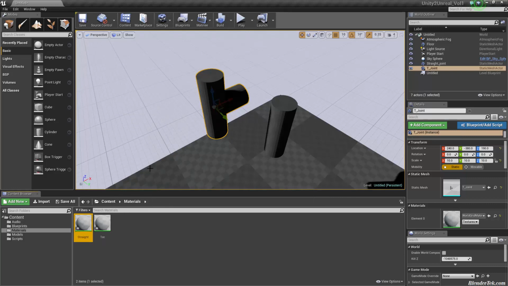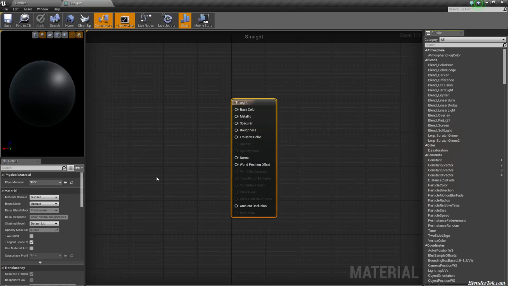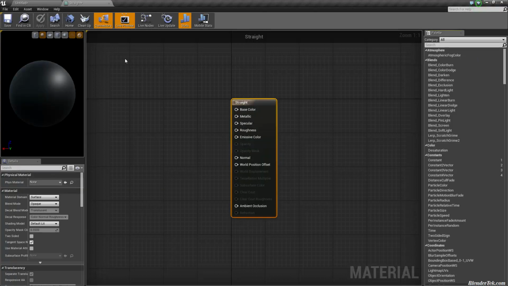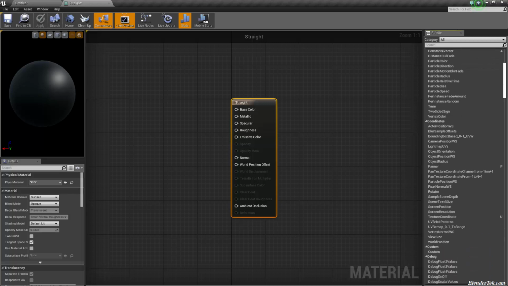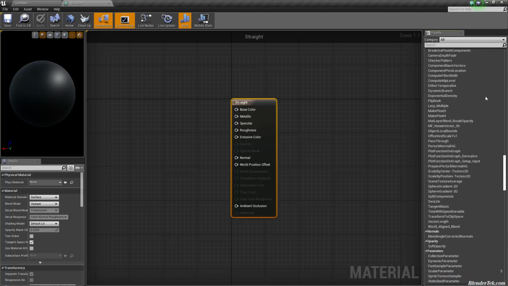Now this is where things get a little bit different, I think. With these materials, I double click on them, I believe. Yeah, and it brings me into the material editor. You can see it's tabbed. I have my game editor tab up here, and I have my material editor tab up here. Now this is where I'm absolutely loving Unreal Engine. The way creating materials like this is so cool. It's just like Blender, for one, so I'm right at home, and two, look at all the options you have for your materials. There's got to be at least 100 of them.